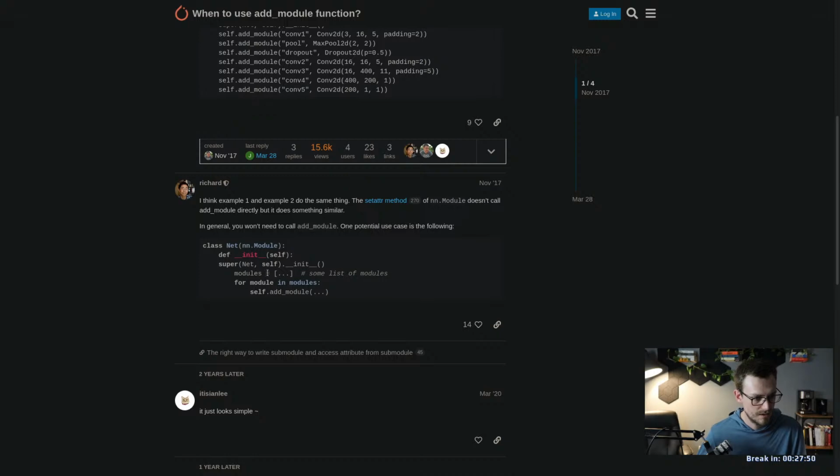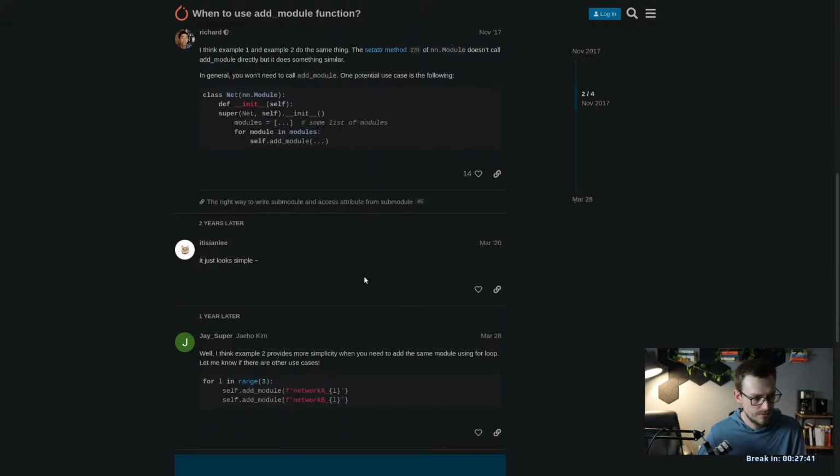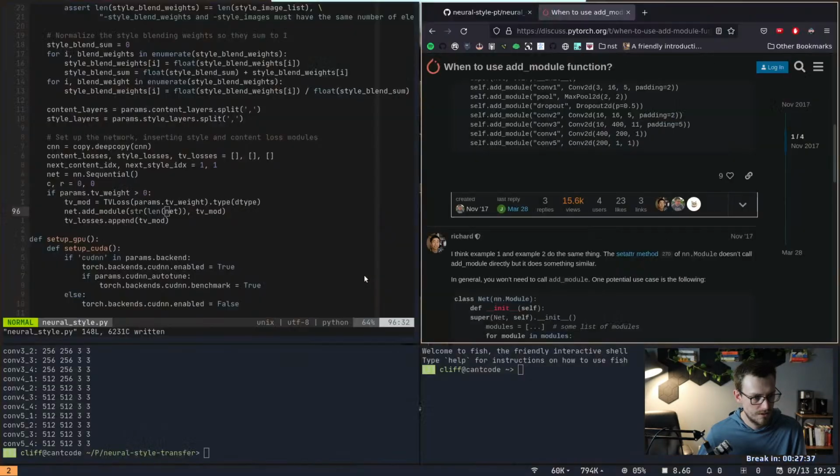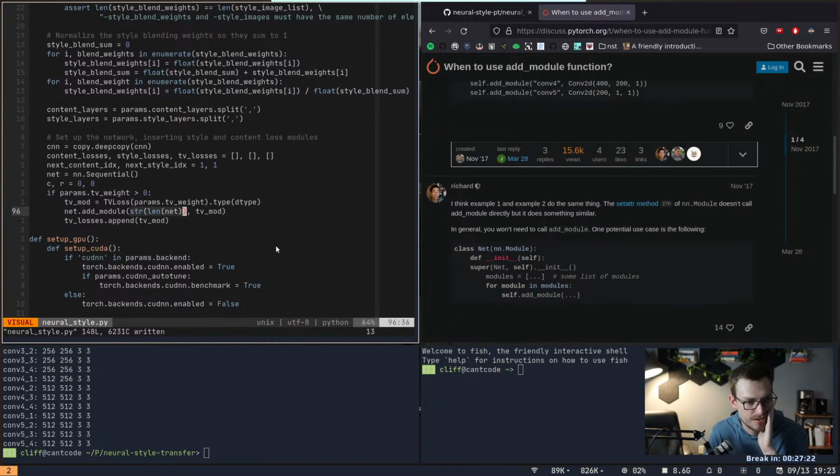And this looks kind of like what we're doing. So you have a list of modules, and then for each module, you want to add the module. Yeah, okay. We're adding. I guess we're adding this number, and then we're adding